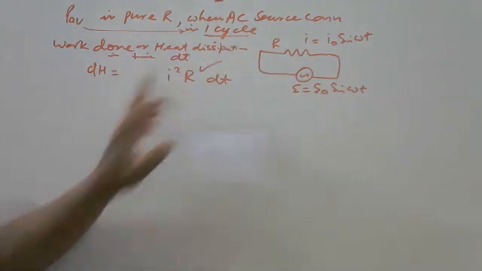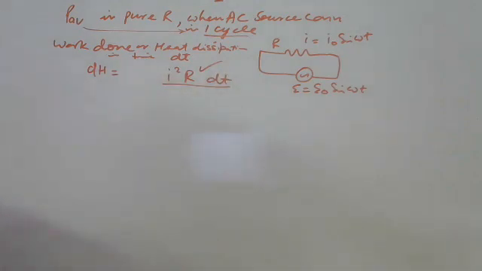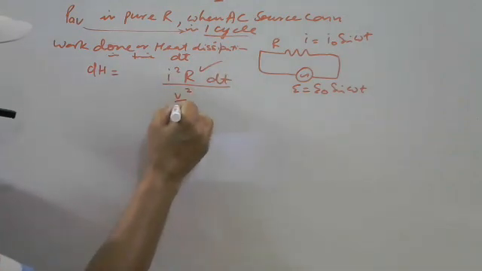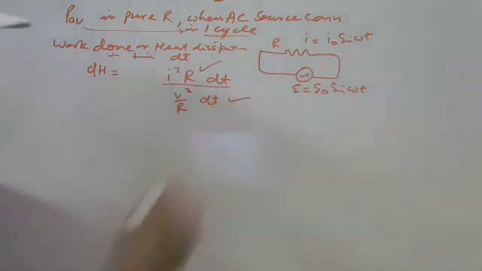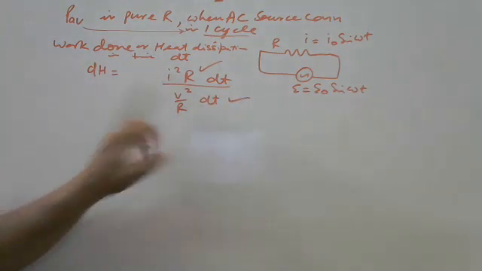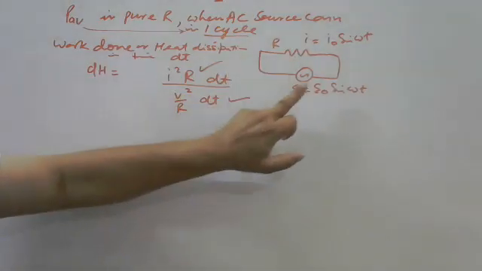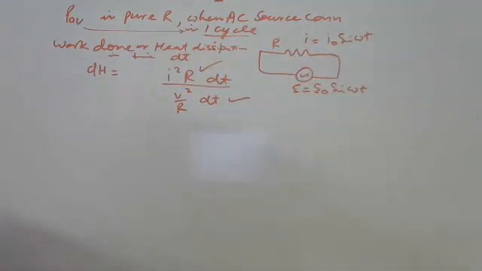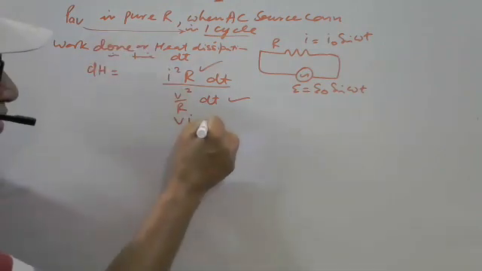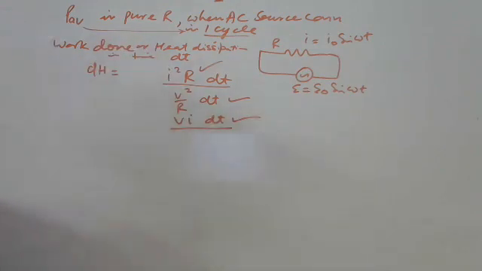Please don't note down this. This is the power, correct, and here V²/R dt also. This is also correct. If I am taking this, I and V, we are getting the current, but we are not getting the voltage. Or another formula is V I dt. This is also true. I am taking this. Why?